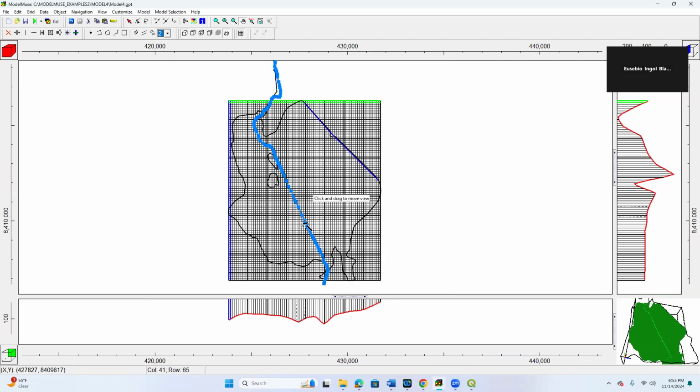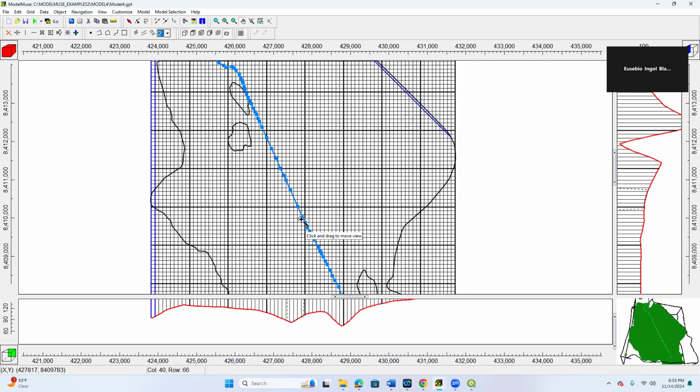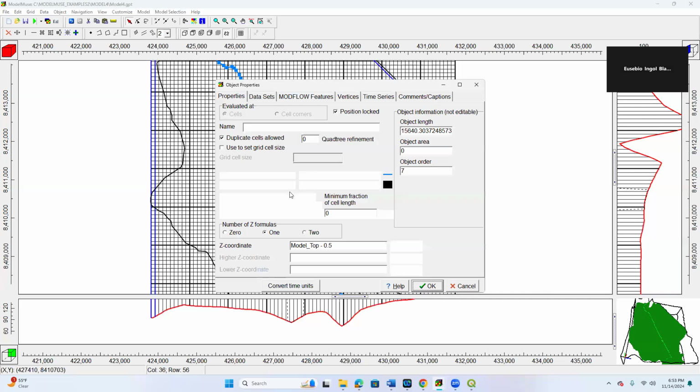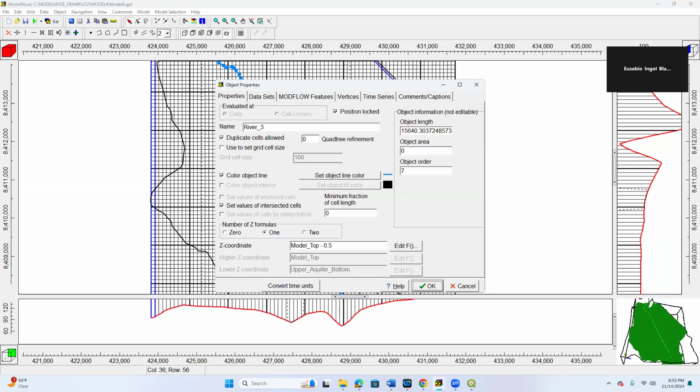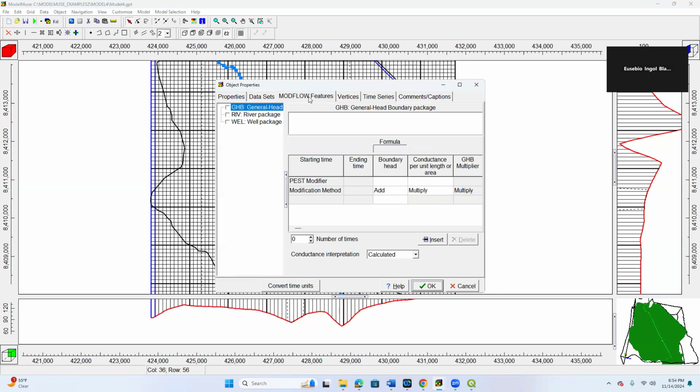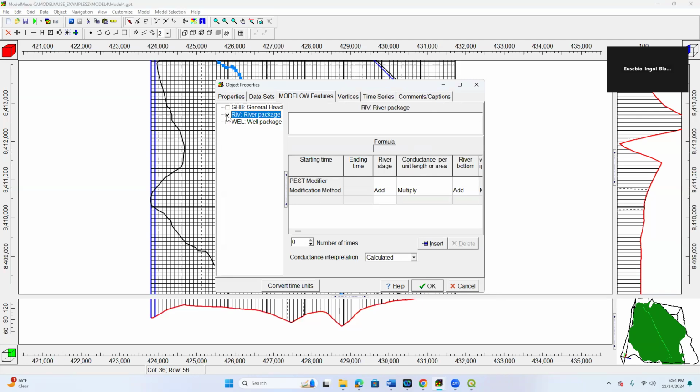And then now you have your river, and then click over your river, and then we are going to set up some data here. Okay, you are in your river. Of course, go to your data here, your MODFLOW data, and then select MODFLOW features, and then select the river. Select the river, and then after that select the period from 0 to 0, and then here you select,